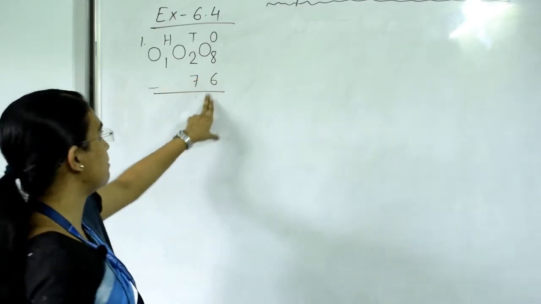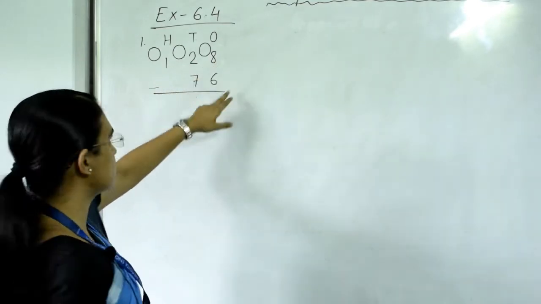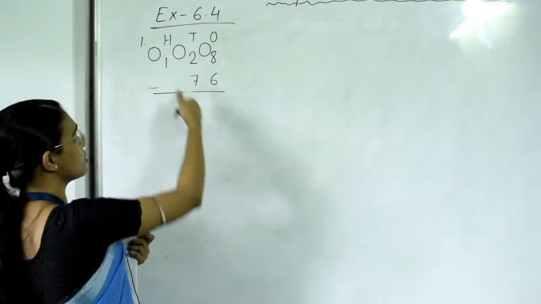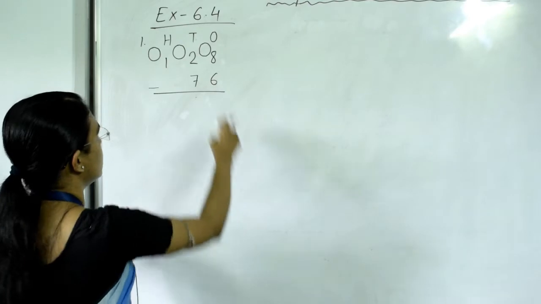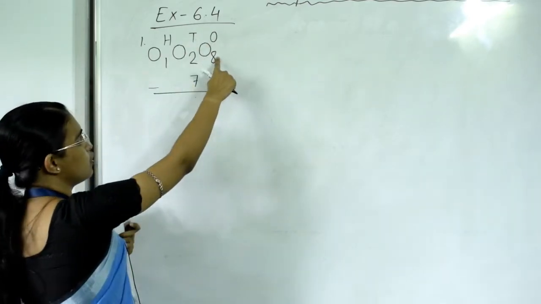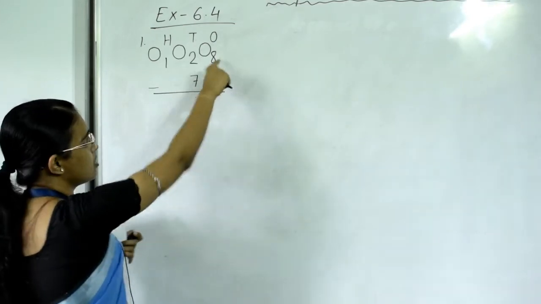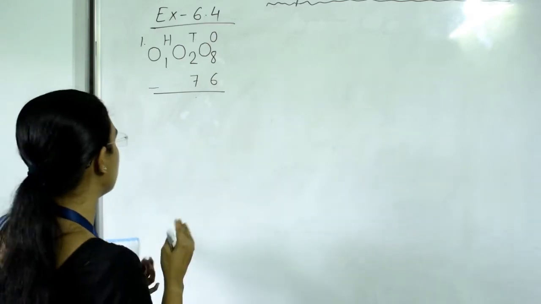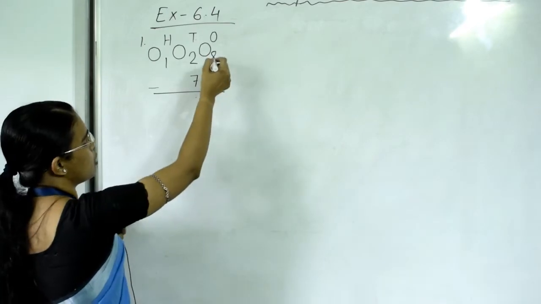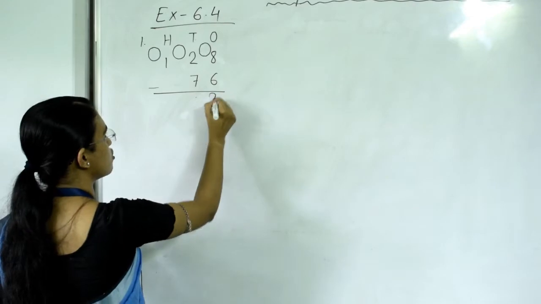128 from 76. So here, look here, the first number is 3 digit, but the second number is 2 digit, right? So we have to subtract 2 digit from 3 digit. Now first we will subtract the ones place. So here at the top we have 8 and down we have 6. So 8 is bigger than 6, that means we don't need to carry 1, right? So subtract 6 from 8. What comes after 6? 7, 8. So the answer is 2.